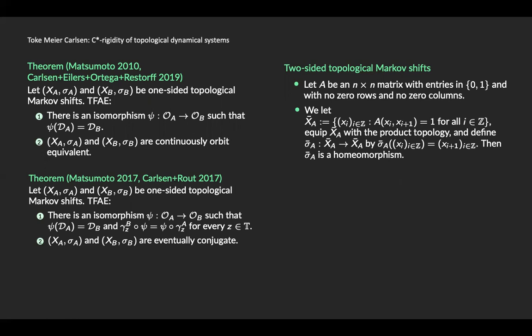So the cross product C*-algebra in the two-sided topological Markov shift case is not the stabilization of the other one or something. No, they are quite different. Usually, if you take the cross product of the two-sided Markov shift, then you get a C*-algebra which is non-simple, because every subshift will give you an ideal. But the Cuntz–Krieger algebras, of course, are often simple C*-algebras. So they are quite different.